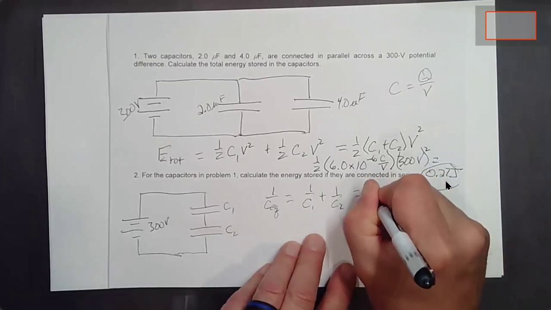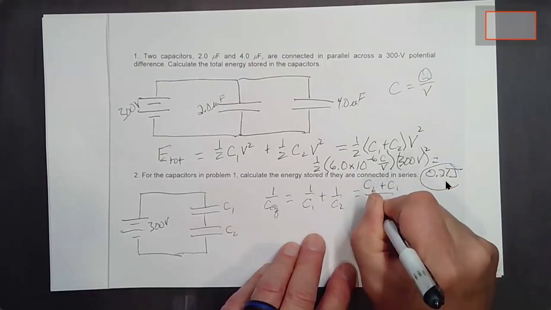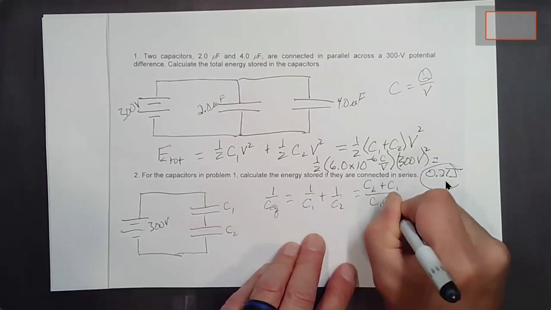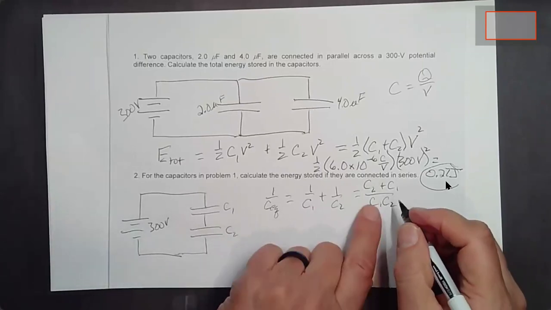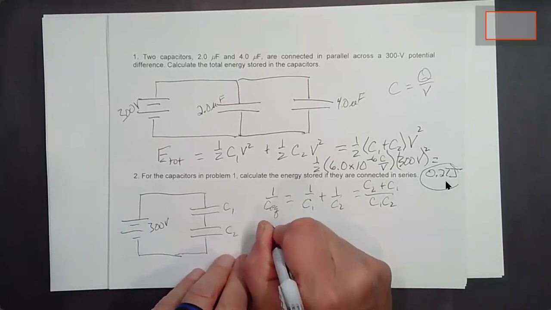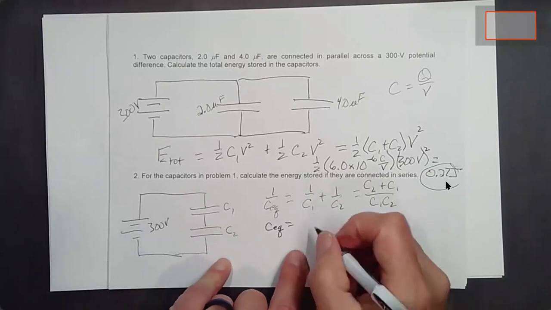It'll be C2 plus C1 divided by C1 C2. Anyway, C equivalent is going to be